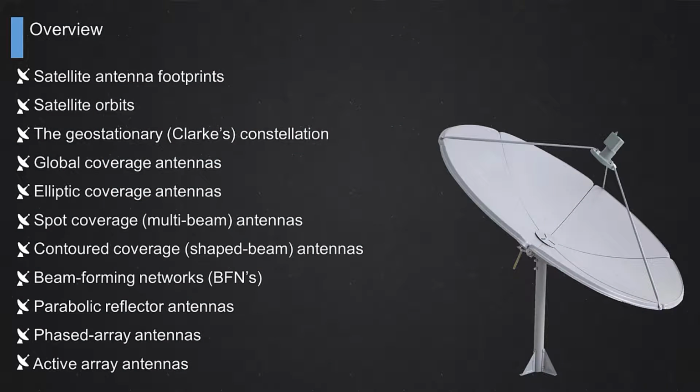So in the outline, I summarize the lesson. I will speak about the satellite antenna footprints, satellite orbits, because somehow the footprints depend on the satellite orbits. In particular, there is one important orbit for many satellite applications, the geostationary orbit, and constellations. We will describe the different types of antennas depending on the type of coverage you want to obtain: global coverage antennas, elliptic coverage antennas, or spot or multi-beam types of antennas, and also the so-called contoured coverage antennas or shaped